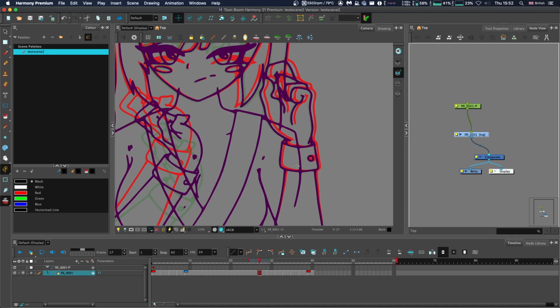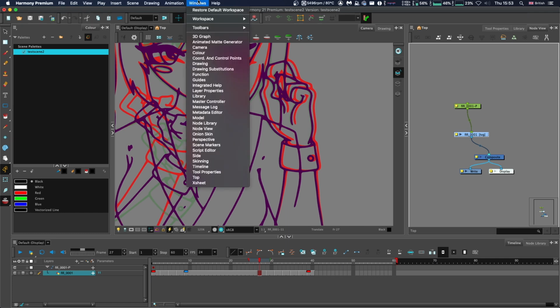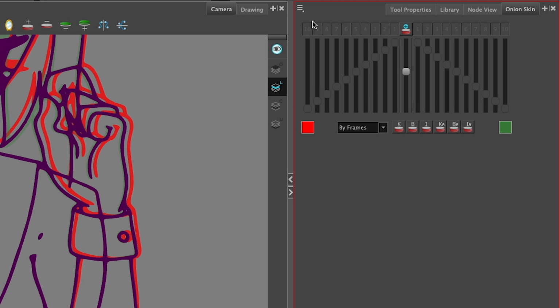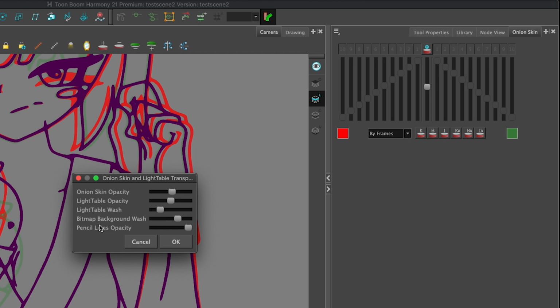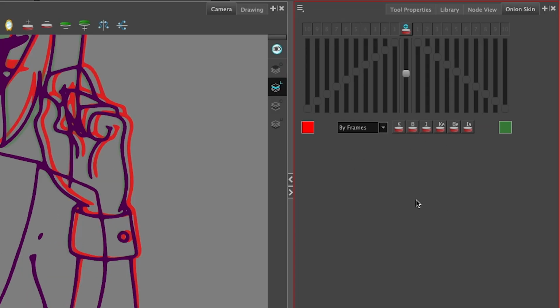Another way to adjust it is within the onion skin window itself. So to show this, go Windows, Onion Skin. And you can see this is the onion skin window. With the standard onion skin mode, you should see almost everything is disabled. But this middle slider also allows you to adjust the opacity even in the standard mode. In fact, you can see as I adjust the opacity in the Top Light view mode, it also changes the opacity within the onion skin window. They're linked settings.